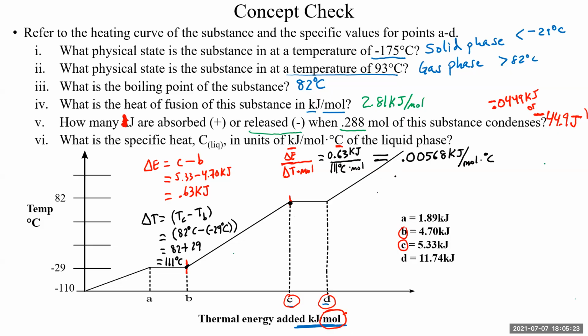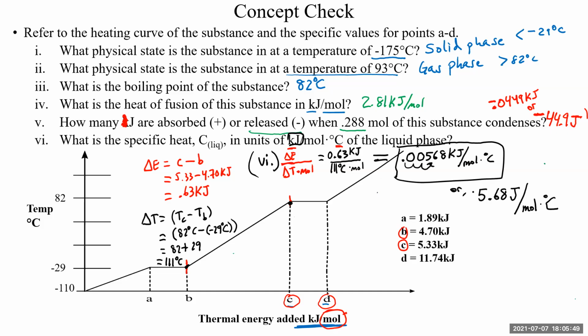This looks really strange. So you know what I'm going to do? For question number 6, this is the technical answer because I asked for kilojoules. I guess technically this is the right answer, but I'm just going to convert this to joules. 1, 2, 3. So I'm just going to write this as an alternative because to my eyes, this looks neater. 5.68 joules per mole